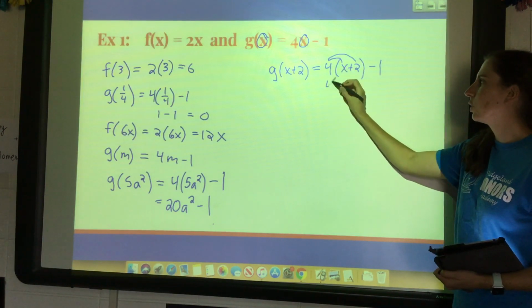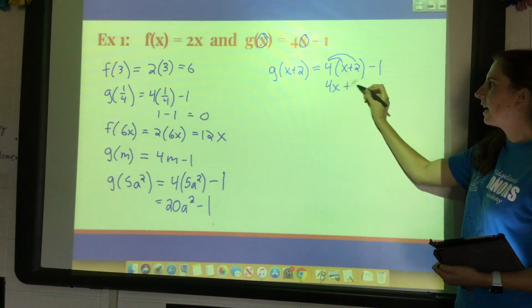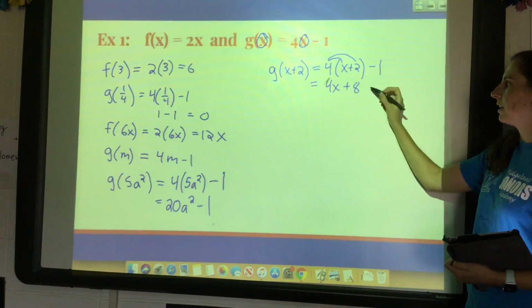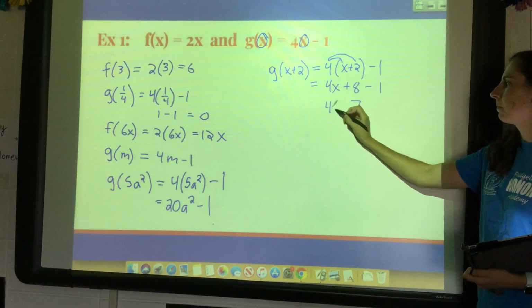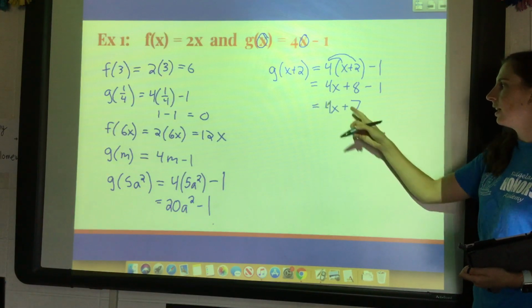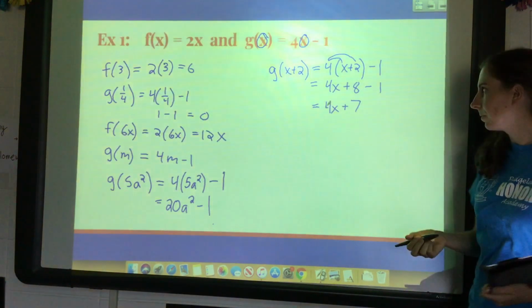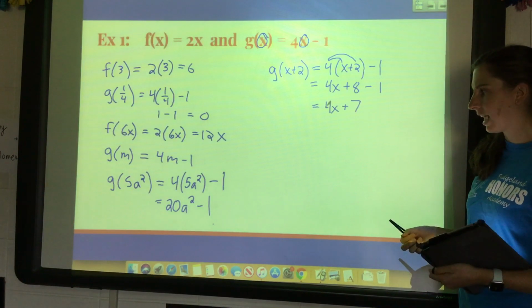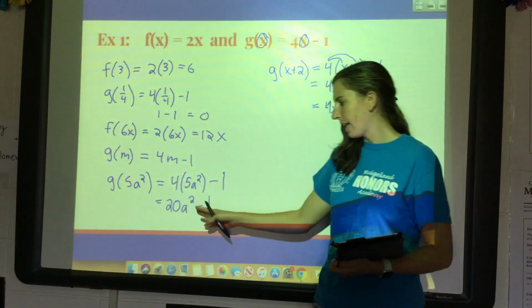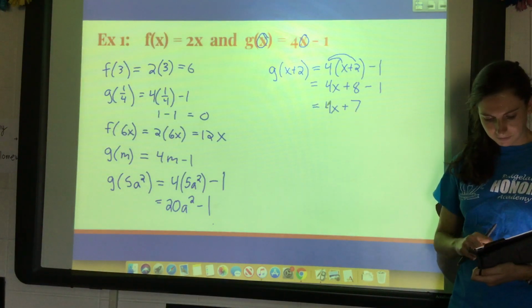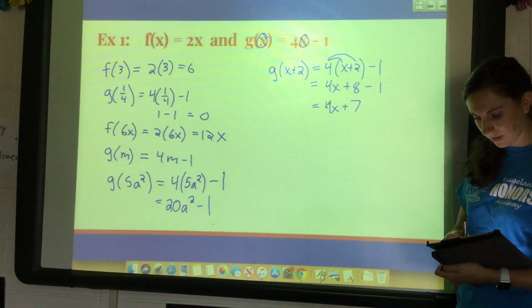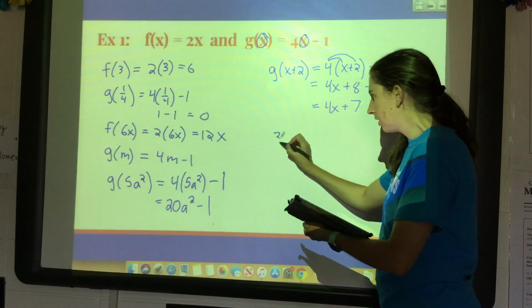4 times x is 4x. 4 times 2 is 8. Don't forget the minus 1. 8 minus 1 is 7. That's my final output on that one. Again, notice if I put a stuff in, I usually get a's out. If I put x stuff in, I usually get x's out. Last one, let's do